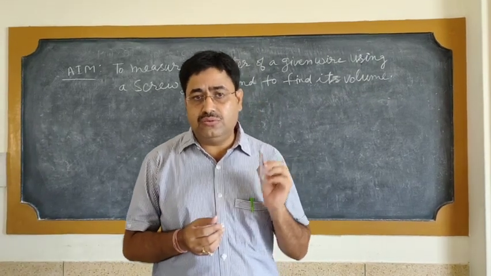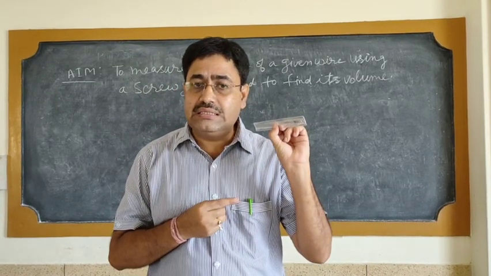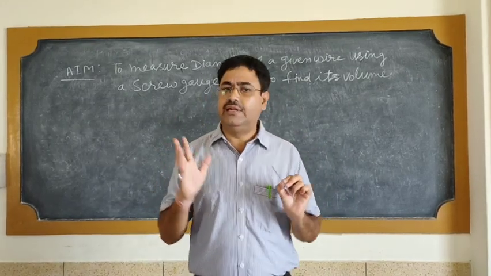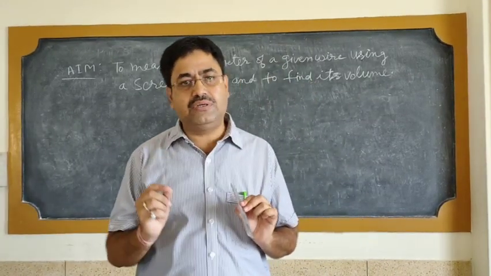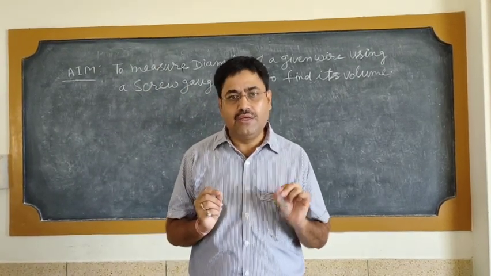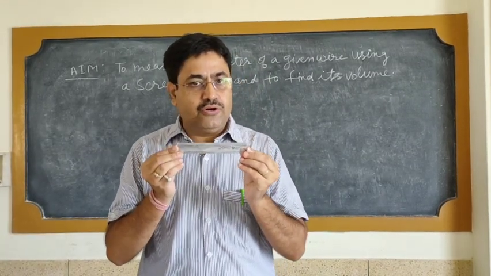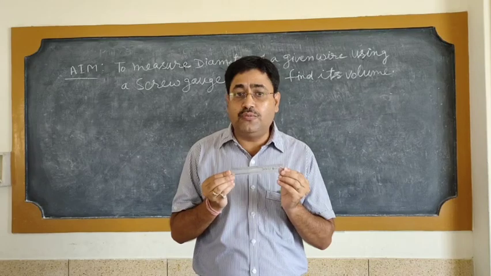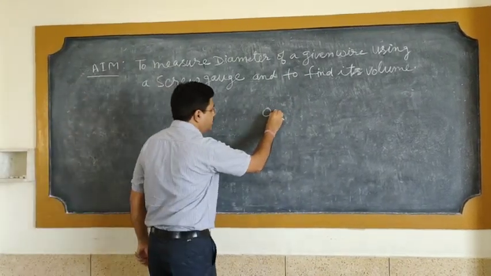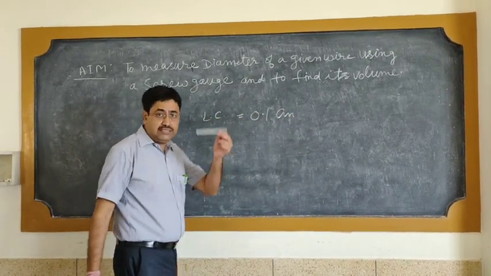Now you try to think about what is the least count of this scale. First of all, you try to understand the meaning of least count. Basically, least count is the minimum reading taken by an instrument. For example, if we think about the least count of this scale, it is 0.1 centimeter. That is the least count of this scale.